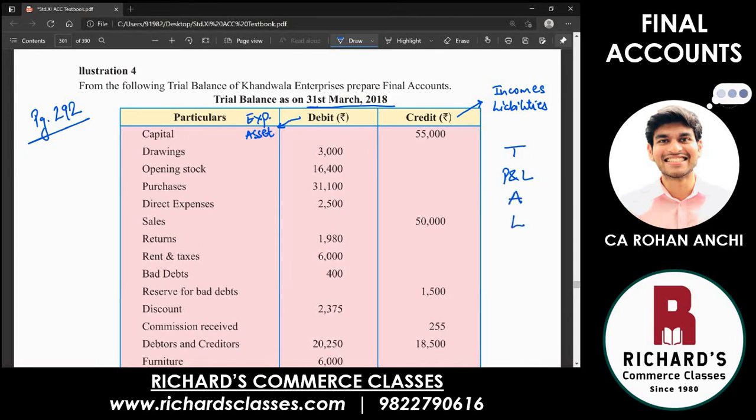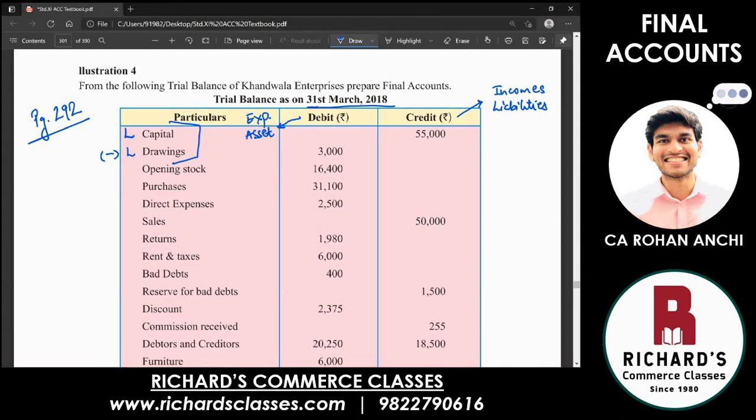Let's mark very quickly the things that we have to do here. Starting with the first item, capital, to be written where? It is a liability. In fact, the first item on the liability side is capital. And opposite of capital is drawings. Where do you write drawings? Minus on the liability side, minus from the capital itself. Capital and drawings, everything relating to the owner, you show together, so both will be shown on the liability side.